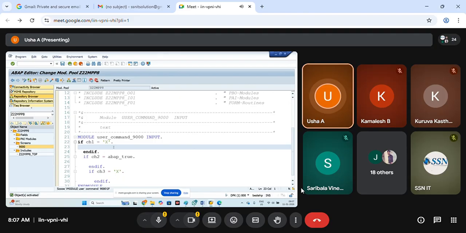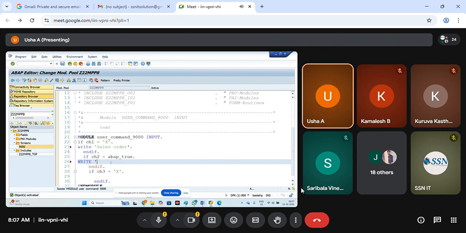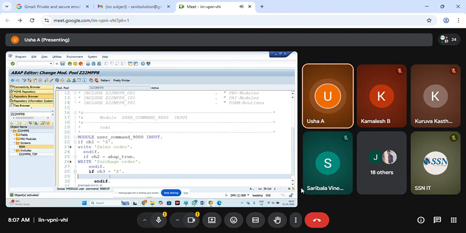Now, whatever the requirement, based on that you will write the code. Here, I'm just showing how to call write statements in module pool programming. Sales order, and then write purchase order, and then write stock transfer order, whatever it is.